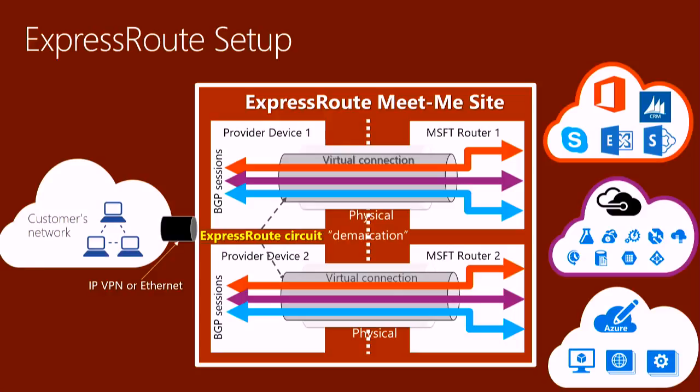And for exchanging routes between your on-premise and your IaaS network or PaaS or Office 365, it uses BGP. So any changes you make in your on-prem will be seen by the VNets here. And similarly, any change you make here is going to be visible on your side also. Similarly for PaaS and Office 365, because it's going to be BGP.